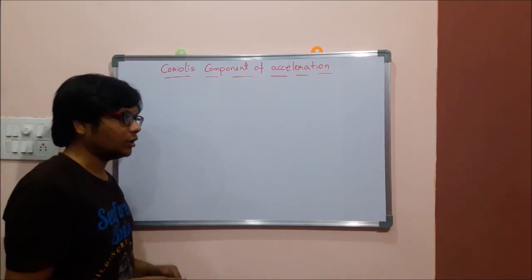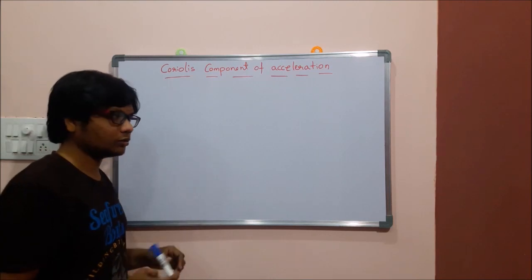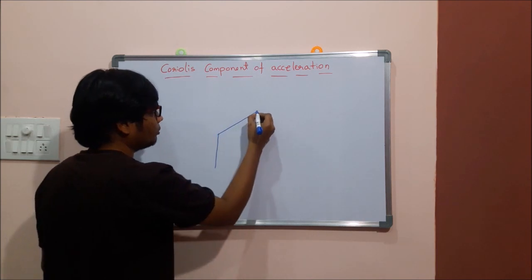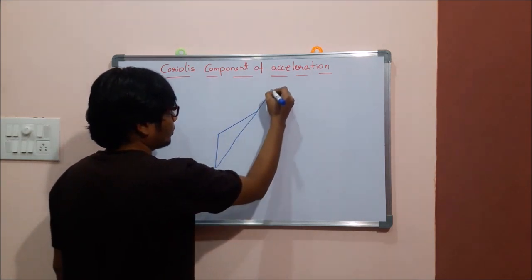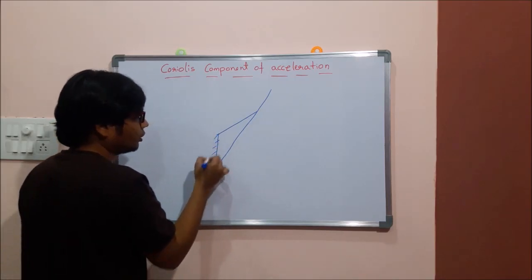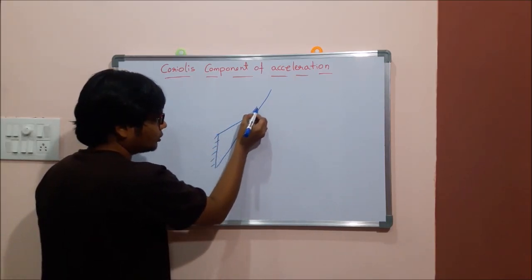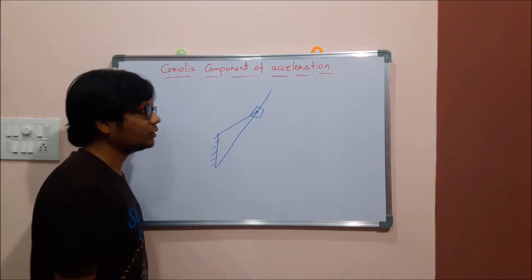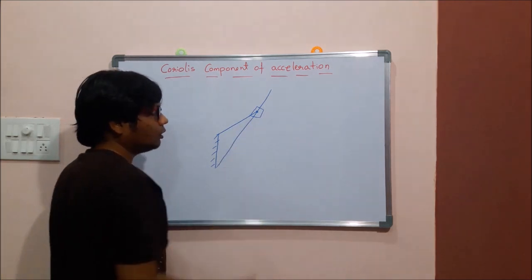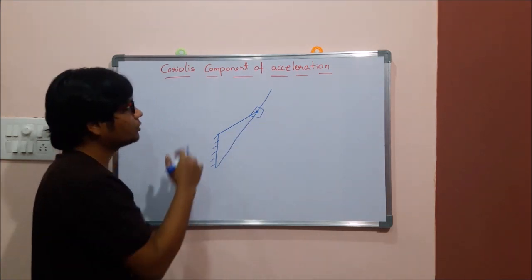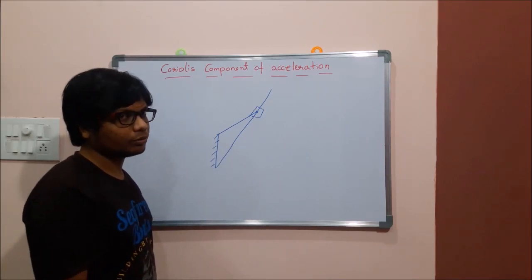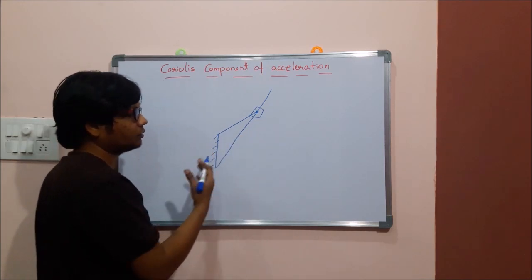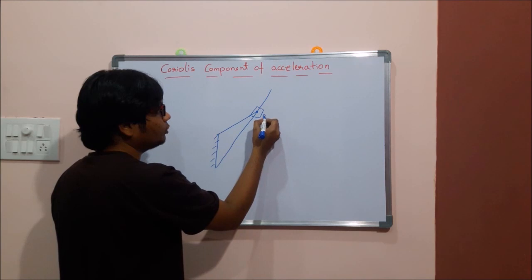So how exactly can we understand this Coriolis component? Here I am considering the slotted lever quick return mechanism. Okay, so this is the fixed link and this one we can assume as a crank, and this crank is connected to the sliding element. Whenever this sliding element has contact with the crank as well as the link on which it has to slide, in this case we face the acceleration, which is the Coriolis component of the acceleration.